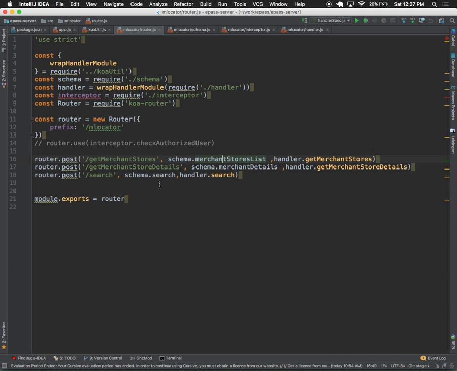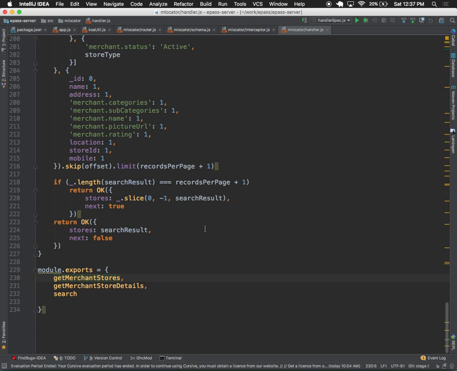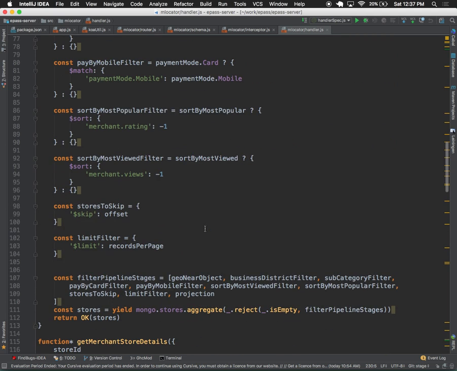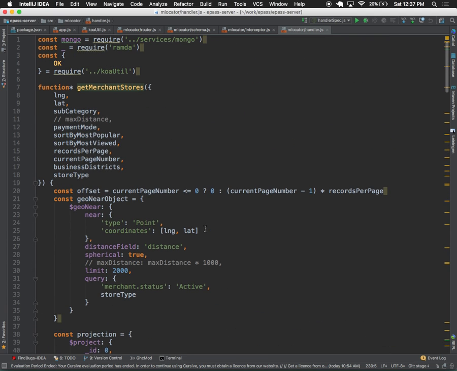And router. This is how you compose, or if you want to compose even at the parent level, like check authorized user or something like that, that composition is also fair here. And of course there are handlers, which are nothing but simply the business logic.